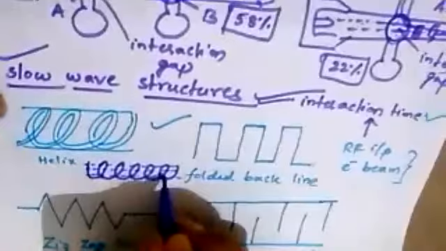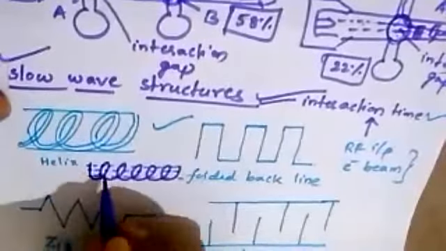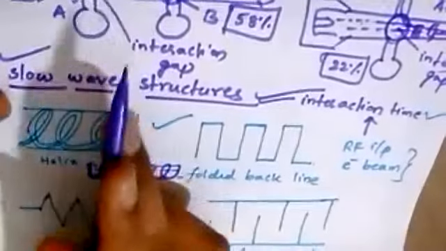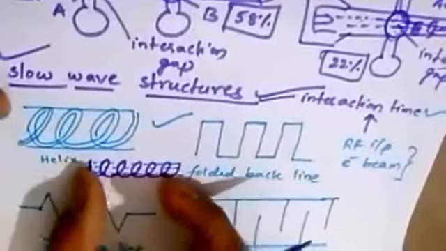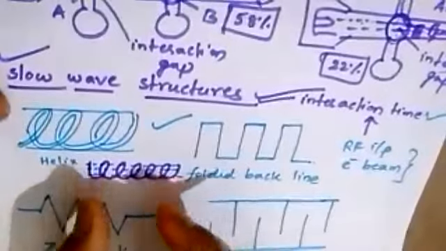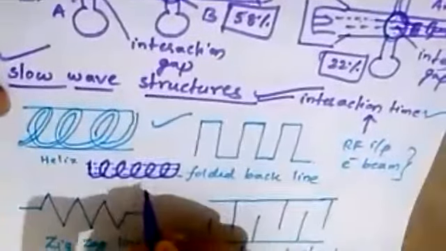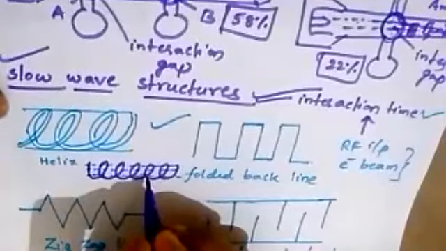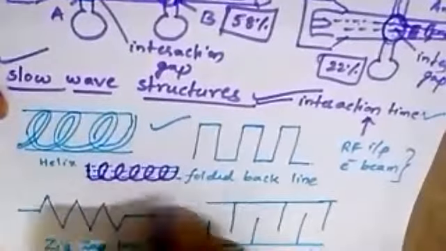So during the travel, the electron beam is spending more time compared to the two cavity klystron and reflex klystron. It is spending more time in the tube. Over a long distance, the drift space I told you about, the distance traveled by this electron beam is more. So there might be chances of these electron beams deviating in other directions. In order to avoid these deviations of the electron beam, we are making use of slow wave structures.